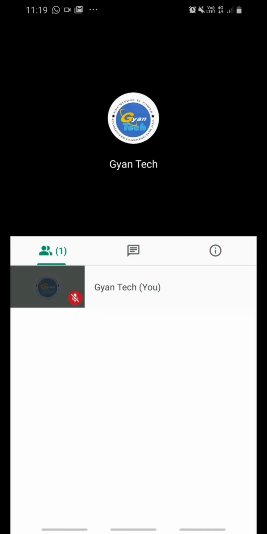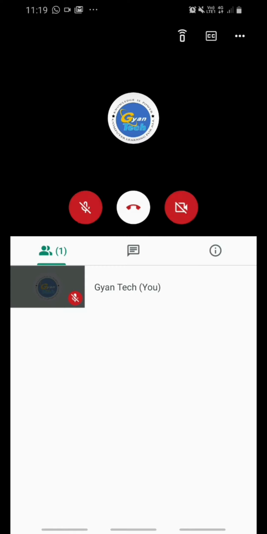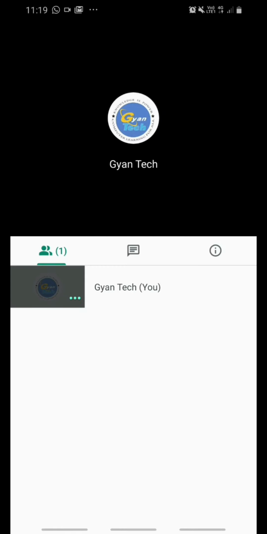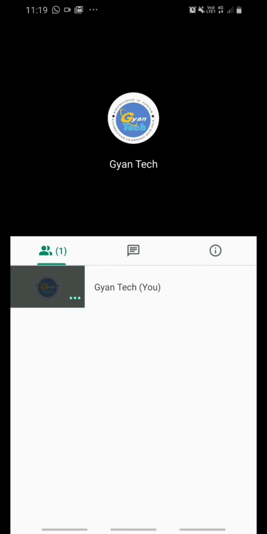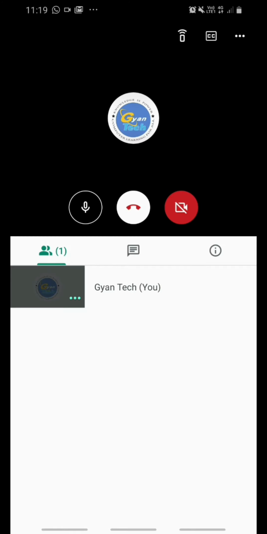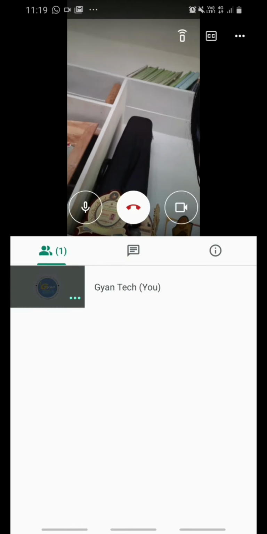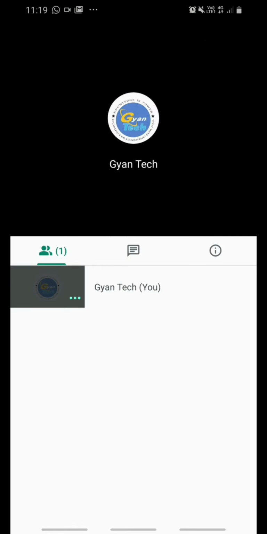Here you can do one thing. You can have the message chat box also here. So the participants can also record their information in the live chat box. As well as you can do one thing here. Whoever is presenting can be visible on the screen, and you ask your participant to pin yourself to the meeting. Then you will be visible in the meeting. Then you can share your views, whatever you want.